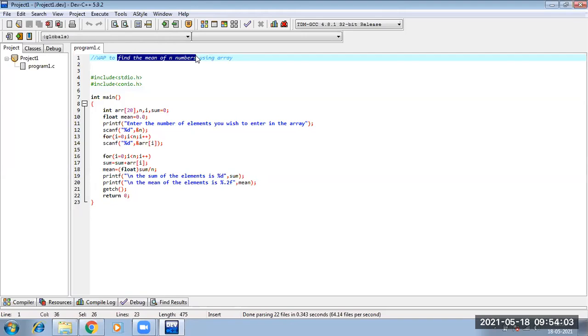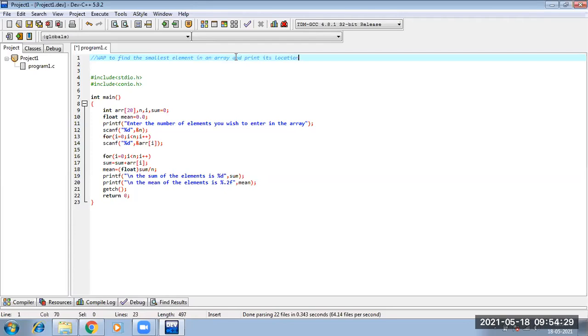So our program is to write a program to find the smallest element in an array and then print its location, I mean, print its index. Okay, so this is the program.